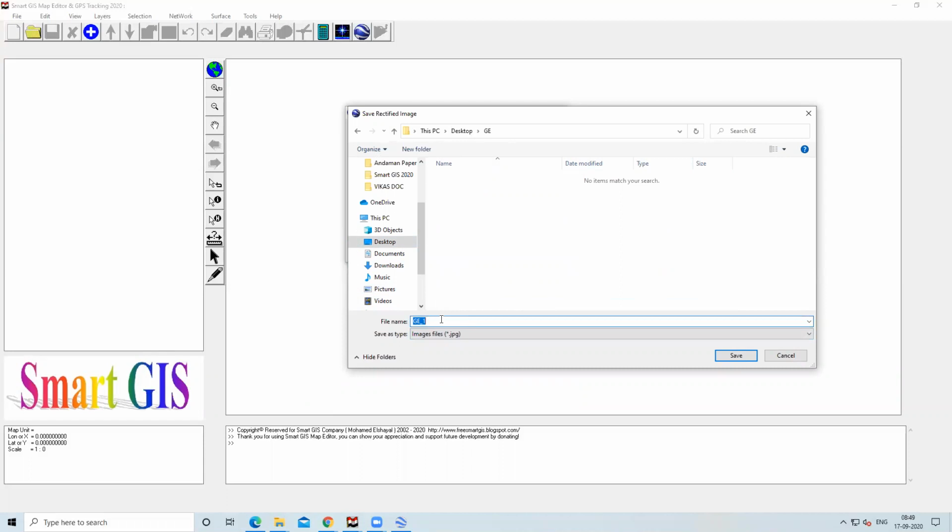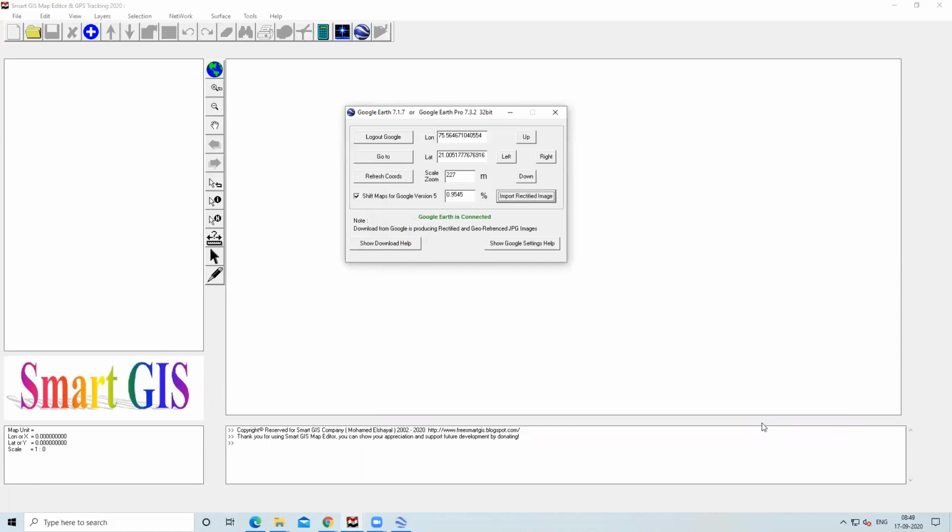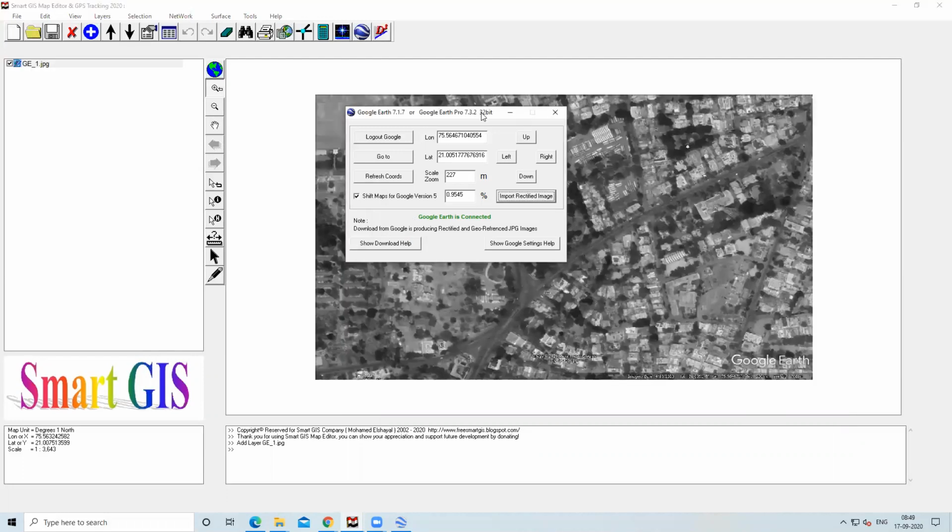I will keep it as it is. First image I am downloading, then I will download the second, third, like this. So first I am selecting GE1. I will keep it by default and click on save. When I click on save, within some time the image will load here. Now you can see